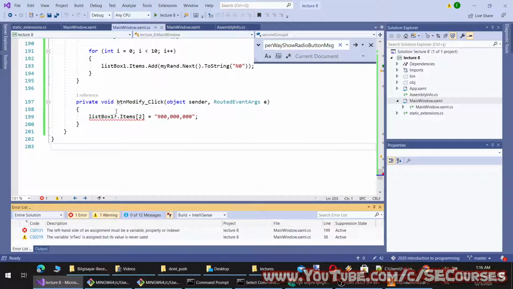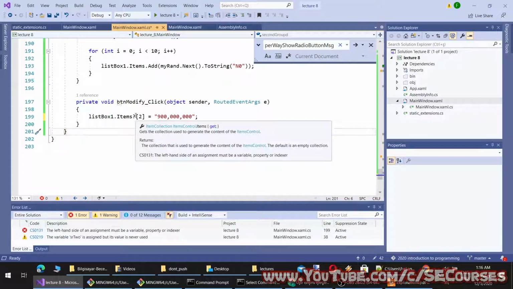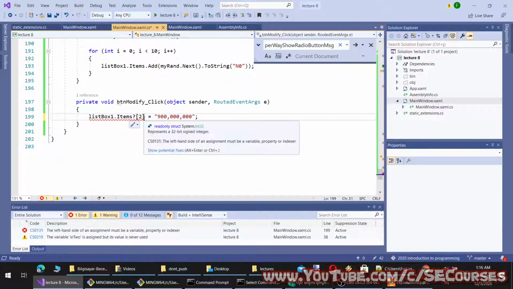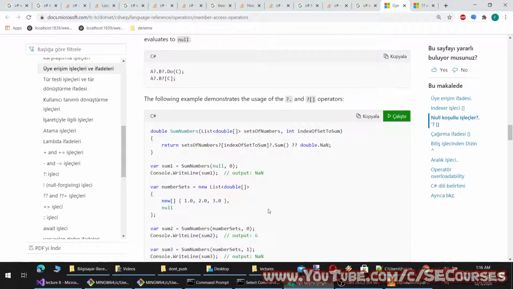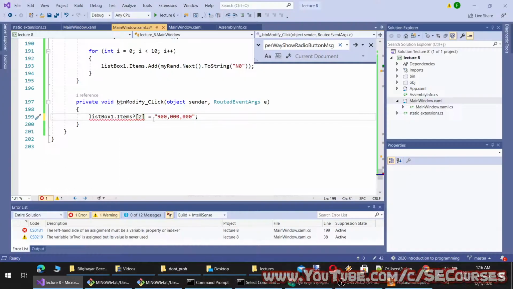No, still not working. It says Items.get. Maybe like this then.